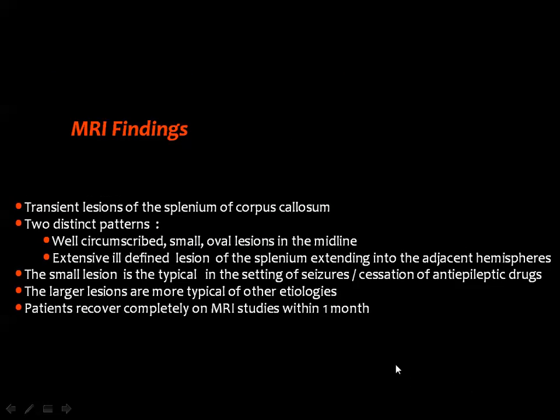This lesion is transient, it will regress, and we have two distinct patterns, a small one and a little bit extensive lesion, which will involve the corpus callosum as well as the adjacent part of the cerebral hemispheres. The literature says that the small lesion is typical in the setting of seizures and cessation of anti-epileptic drugs, meaning that if the patient is